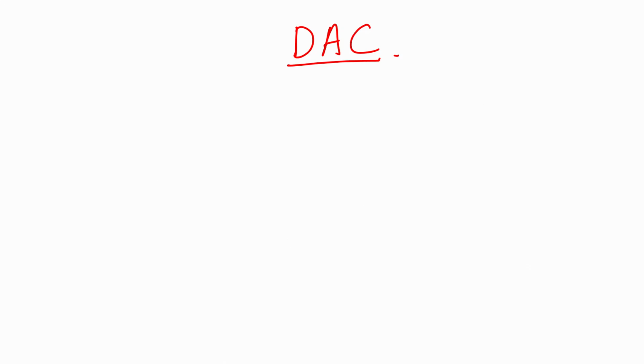So, another major part of the board: what is the board? It is the analog systems lab kit, ASLK, that is supplied by Texas Instruments. We have just used that board as a tool to keep you acquainted with the analog design aspects. So, that is the tool, the analog systems lab kit. Today we will be seeing a very important and very interesting part of the board, which is the digital to analog converter, DAC.